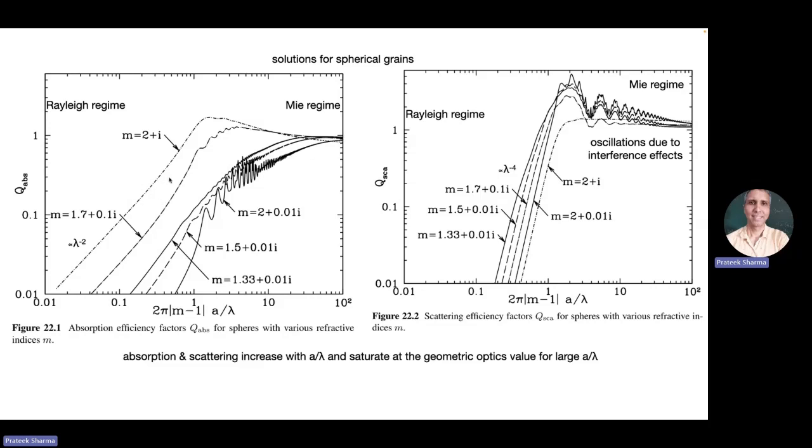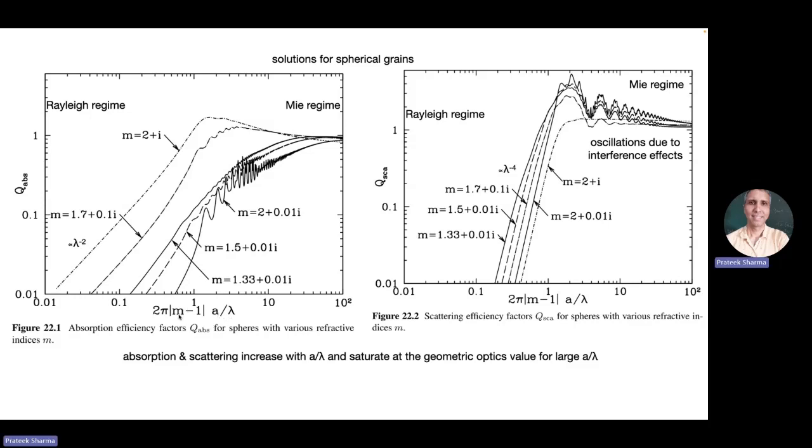And what are we showing here? Right, so this m is the refractive index. This dot-dash line has a real part of refractive index which is 2, and the imaginary part of refractive index which is 1. So this has a lot of absorption, because the higher this imaginary part, the larger is the dissipation or absorption. So this is 1, this is 0.1, these are all 0.01 and different values of the real part. You can intuitively see that the smaller the value of the imaginary part is, the smaller the absorption. And all of them go like this power law at small a by lambda.